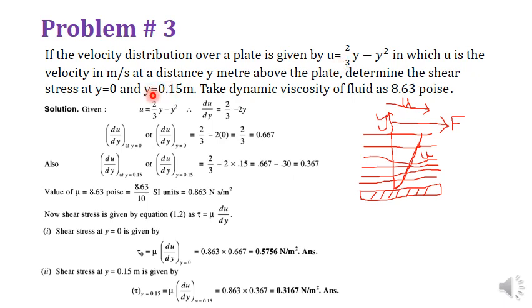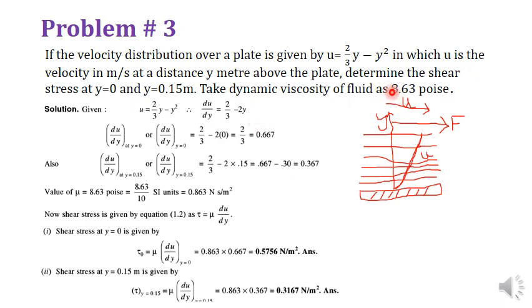We do not know the total distance of y, so anywhere in between it will be y equal to 0.15. Numerically, if the velocity profile equation is with you, you can input the value and get the velocity. The left hand side is the velocity and the right hand side is y, so your velocity depends on this y distance. If y is known, you can input it in this equation and calculate the velocity.